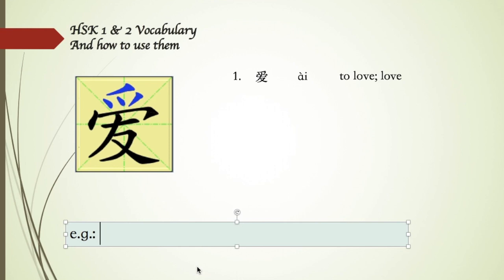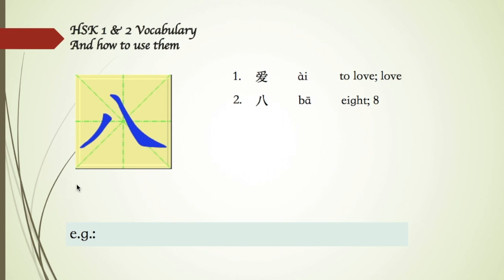When the word is used to mean the noun, love, you say 我的爱, my love, right? My love, 我的 my, 爱 love. Another word that contains this Chinese character would be 爱好. This is not hǎo anymore. It's actually now changed its pronunciation in this word to hào, the fourth tone. And 爱好 is a hobby or hobbies. Right, so that's the first Chinese character. Hope you like it. And let's move to the second one.